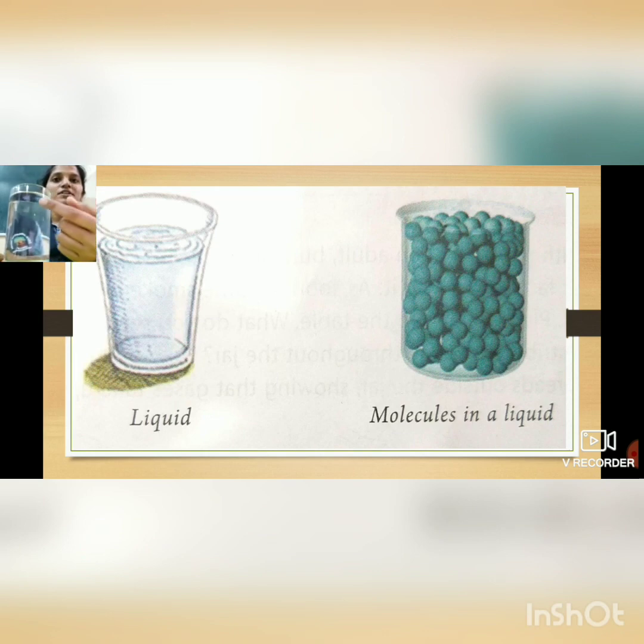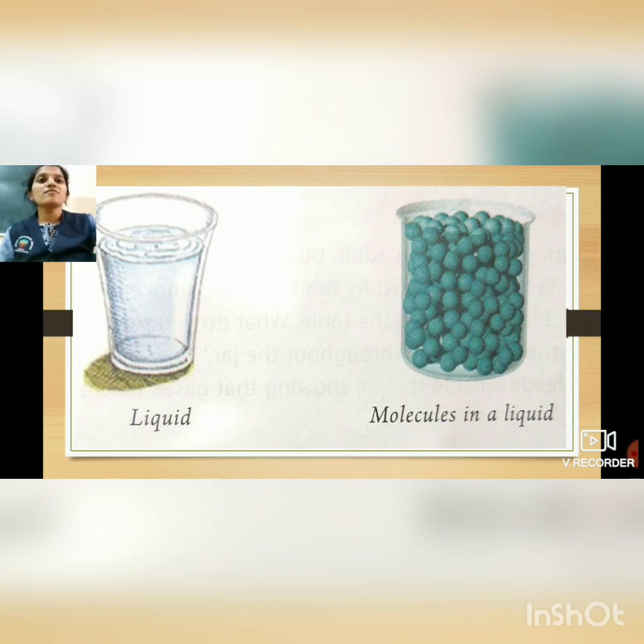Now we can see that the water which is present in the glass is in a liquid state, right? And it has taken the shape of a glass. Even in a water bottle there is water, and it has also taken the shape of the water bottle. And students, the molecules in a liquid are in this place. Here on the screen we can see that liquids don't have a definite shape, size or volume. They change their shape, size and volume according to the object.